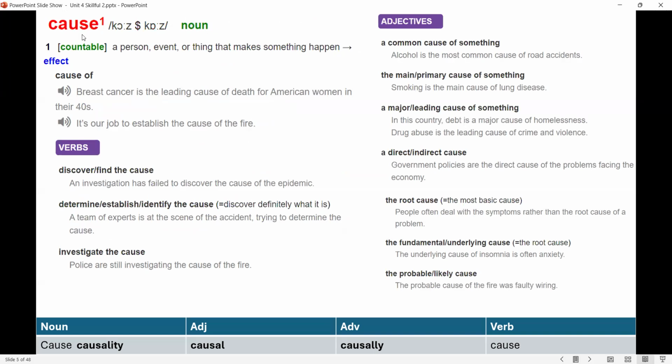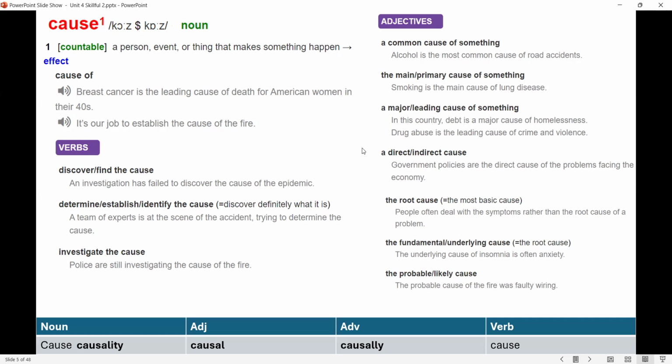Cause. Cause means a person, event, or thing that makes something happen. Normally we talk about cause and effect. The cause of something. Breast cancer is the leading cause of death. Or it's our job to establish the cause of the fire. You can discover the cause or find the cause, determine the cause, establish the cause, identify the cause, investigate the